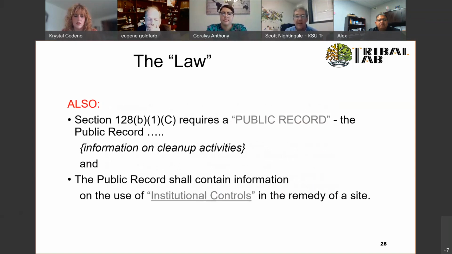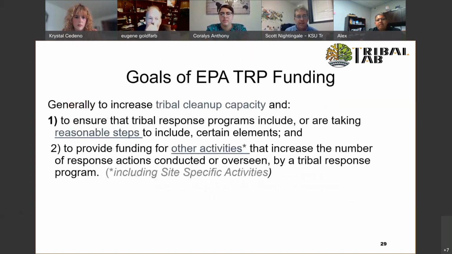And the requirement to have that seems like overkill, but things happen slowly sometimes, and people forget what was done, and they might be uncomfortable using an old contaminated site. With the public record and the requirements to have things certified as closed, that alleviates some of those problems. Next slide, please.